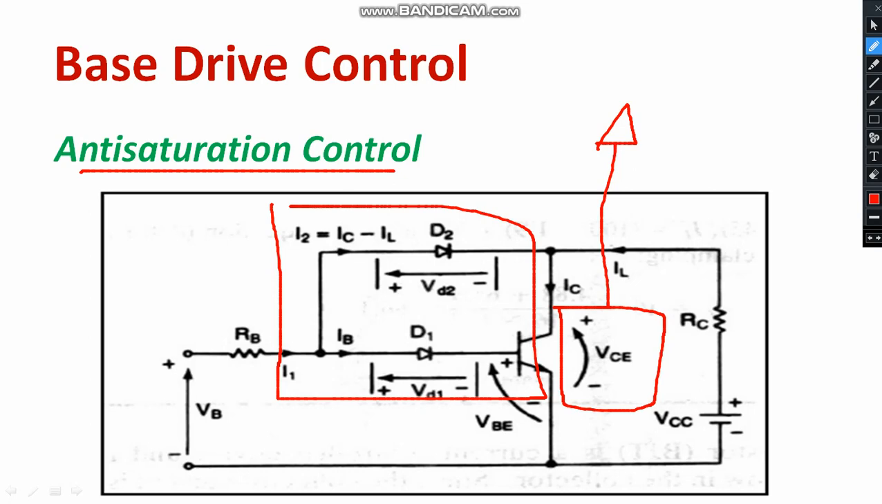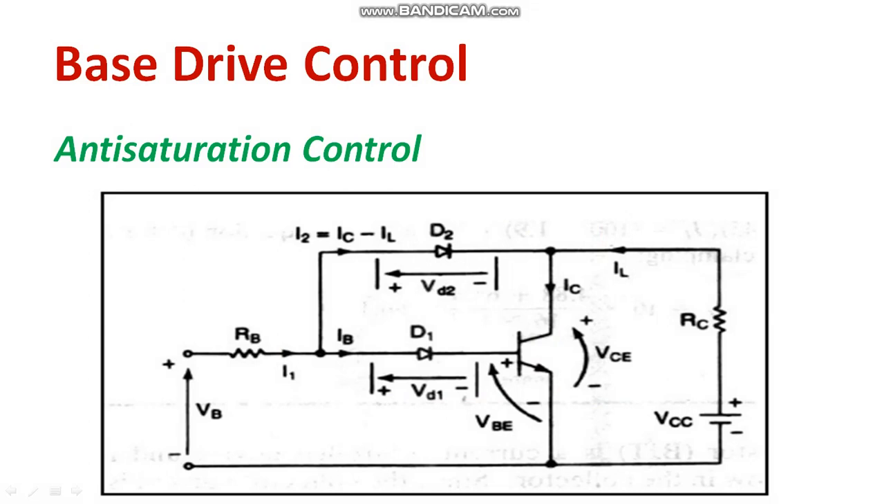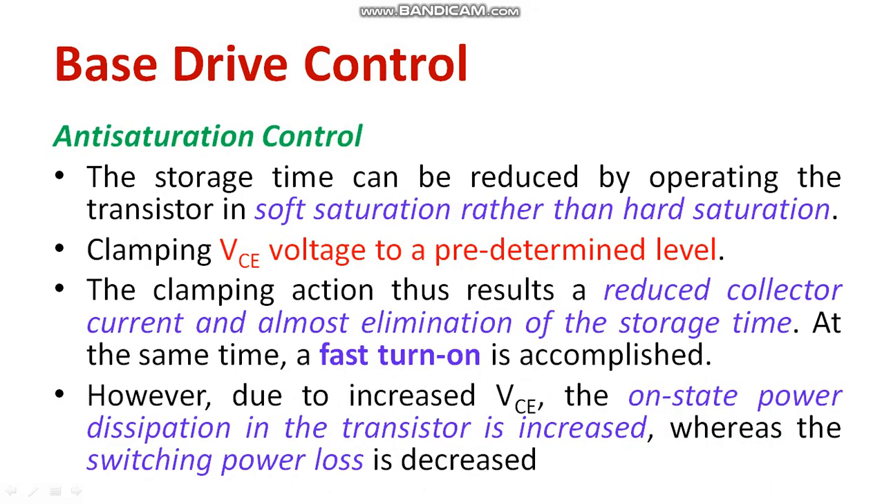Thus the turn off time will be controlled. The turn off process will be under control. This is regarding the removal of stored charges. Look at this: the VCE voltage is to be maintained at a predetermined level. The clamping action results in reduced collector current and almost elimination of the storage time, and it also supports fast turn off. So these are the different processes which are related